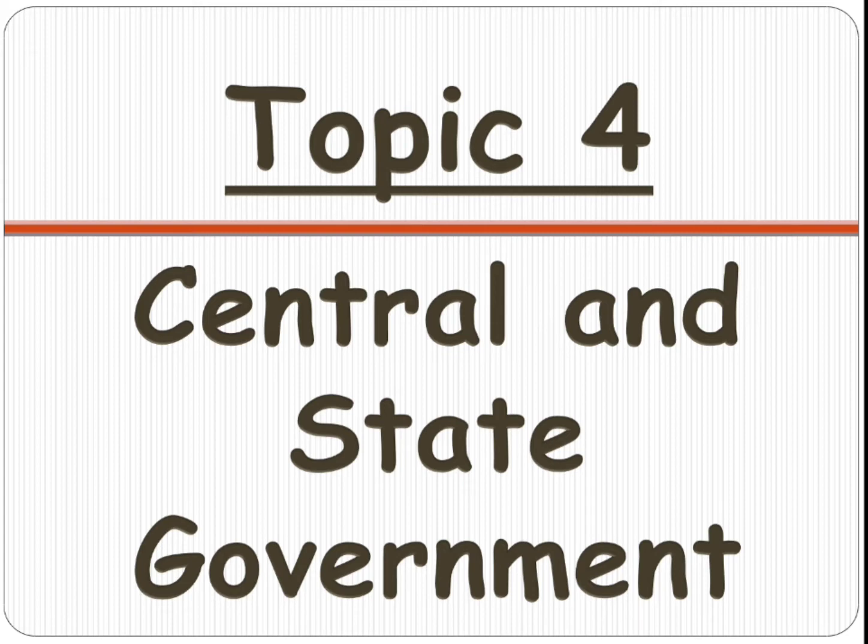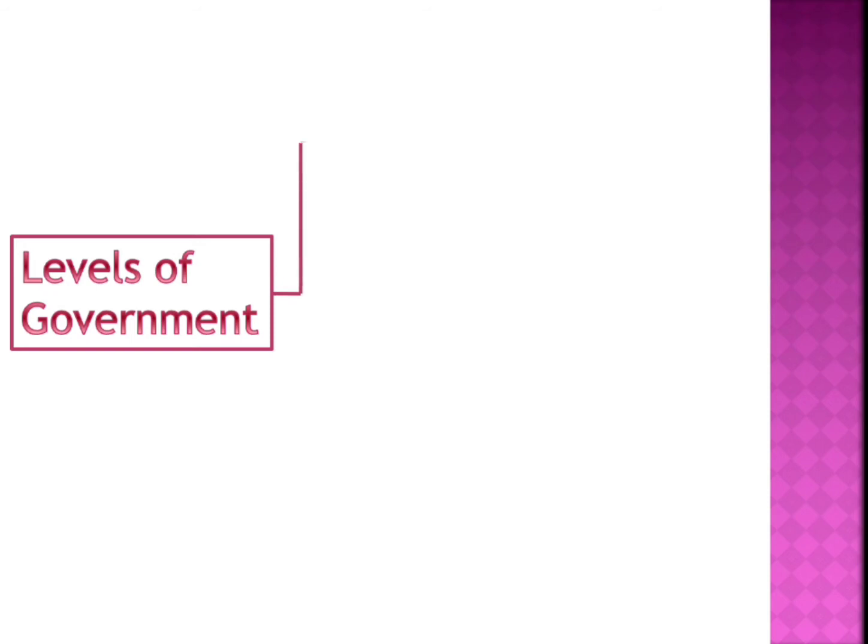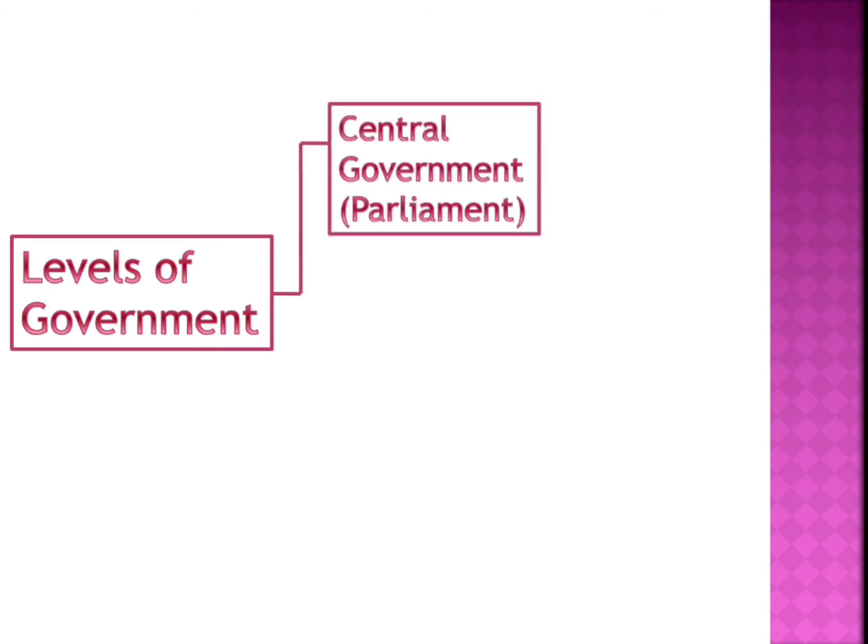All those we will learn in this topic. So please open your social content book, children, and turn to page number 137. If you see the central government, children, the first level is central government, which we call parliament. The president along with the prime minister and the council of ministers form the executive body of our country. And what is the legislative part of central government? It is nothing but the parliament. Parliament is the legislative body.